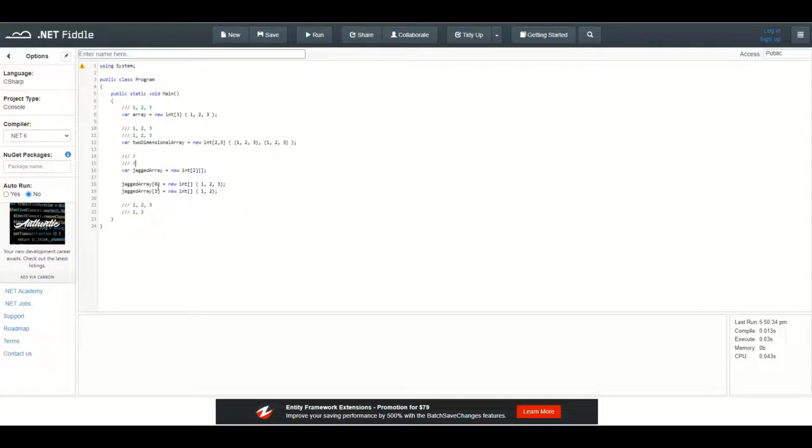Then we have the jagged arrays. So a jagged array is a multi-dimensional array where we have the fixed amount of rows, but we are not defining a fixed amount of columns. So each of these rows can contain a different amount of elements. So for example, I am defining that the first row, indexed as 0, because we are starting with 0,